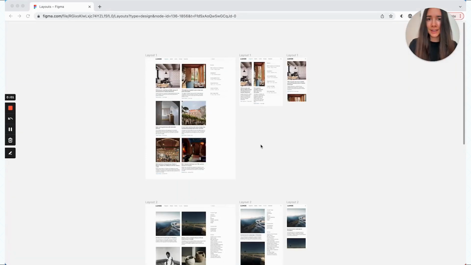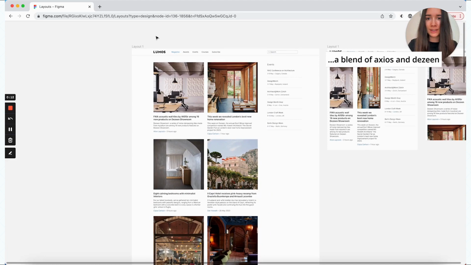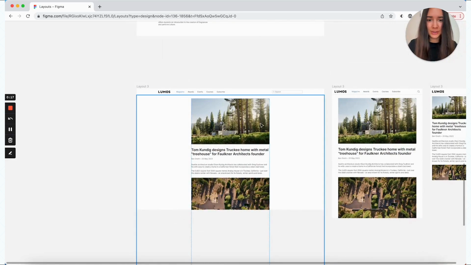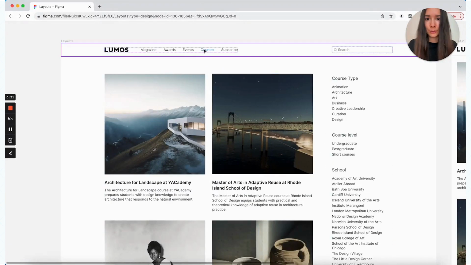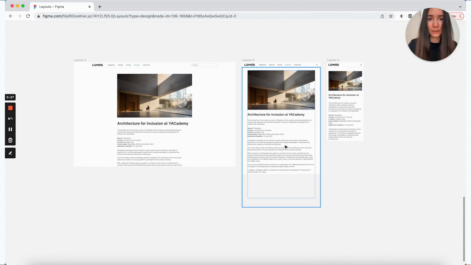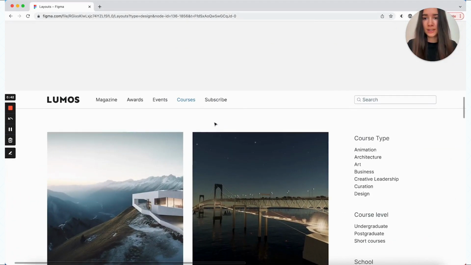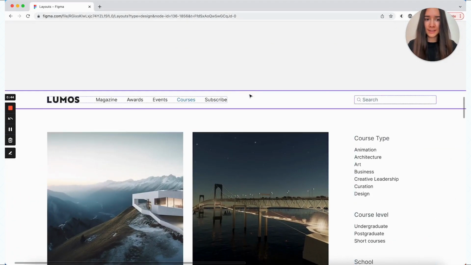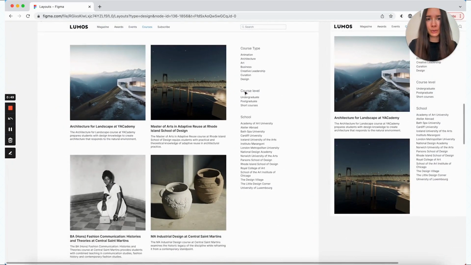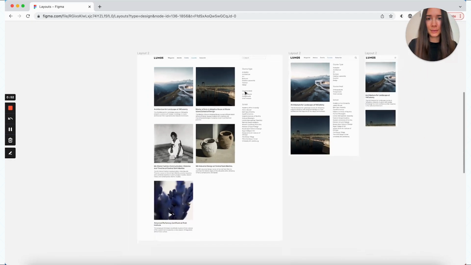Before we get started, I just want to walk you through my fake example. So this example is an online digital magazine. Of course, it has some way to view a list of articles and a way to read those articles. It also has a list of courses and a way to dive deeper and find out about what those courses are. And of course, it can have more stuff like awards, events, maybe some ways to log in, log out. But to keep this tutorial short, I will just stick with the article view and the courses view.